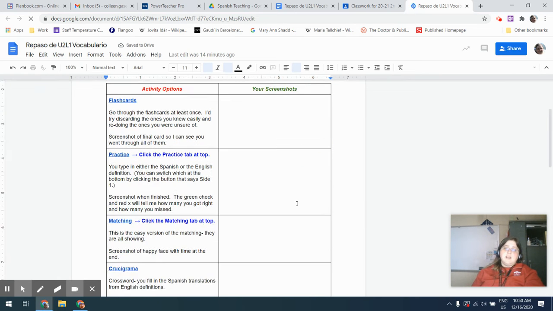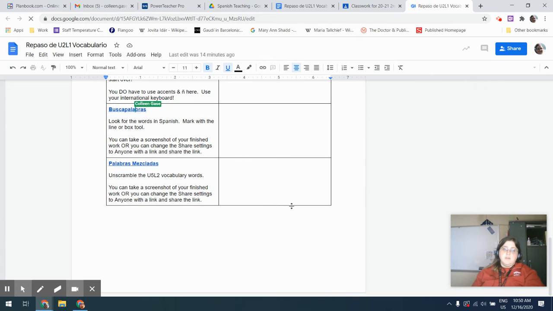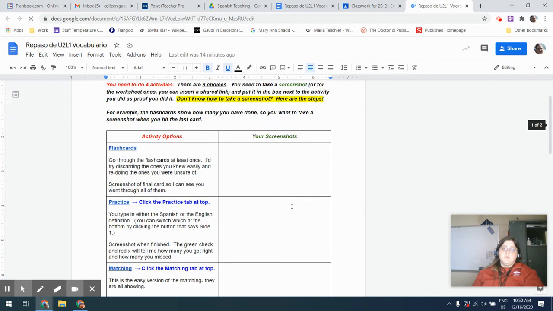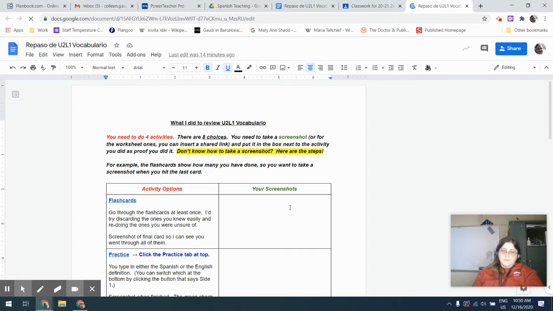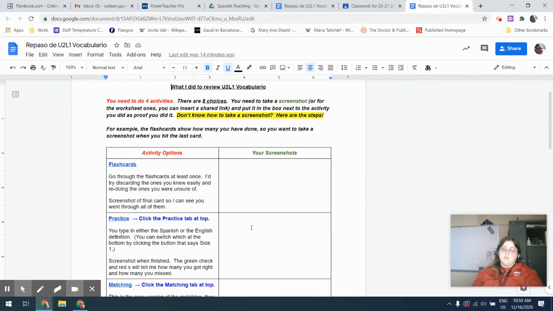Basically, I gave you 8 options on how to review vocabulary. And you may choose which one works for you. And then you need to do screenshots for most of them. I'll show you the 2 that are the exception where you can do something else to prove that you did the work. Now, if you aren't used to doing a screenshot, and apparently I forgot to link this,